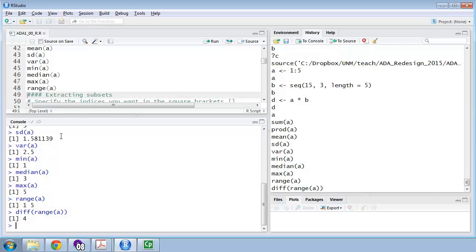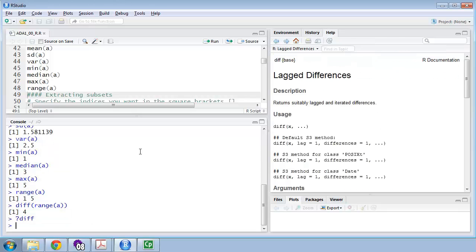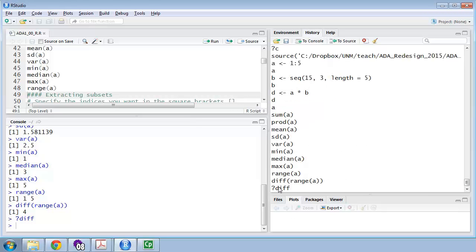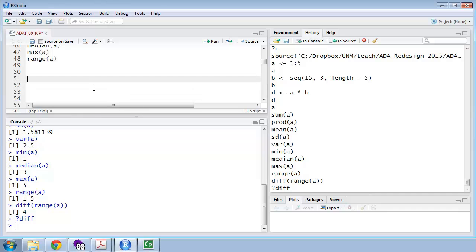Let me put in another command. I'll just ask for help on the function diff and press enter. All right, and I'm going to go back to history. Now I've got that diff there. And there are a few things that you can do here. Let me make a little space in my editor window up top. You can select